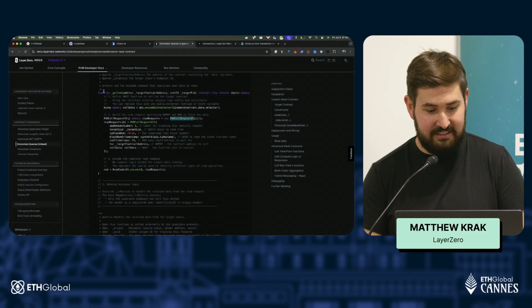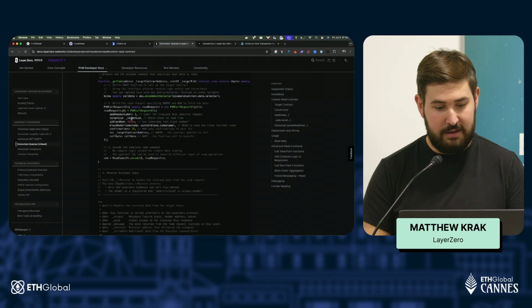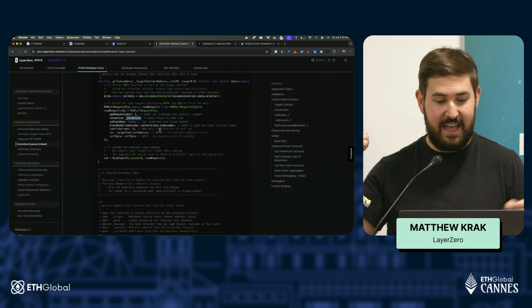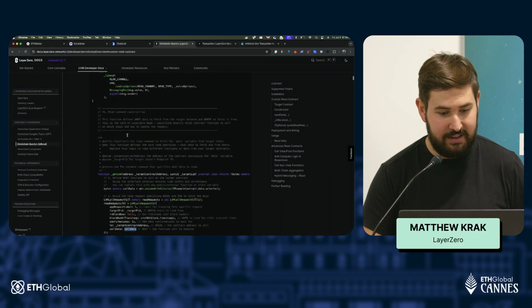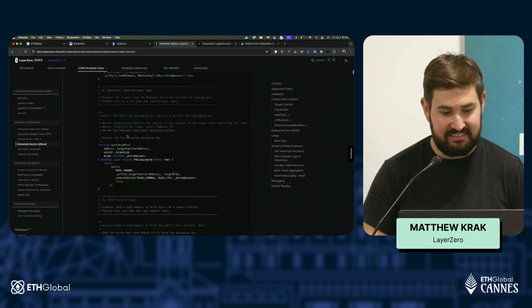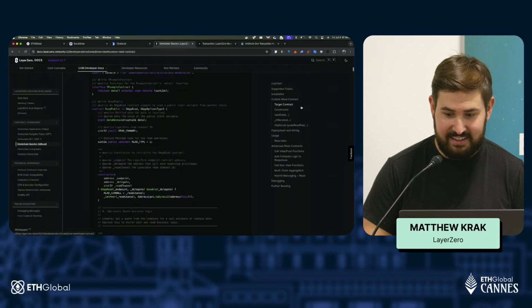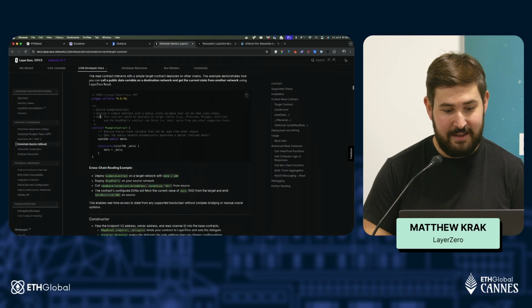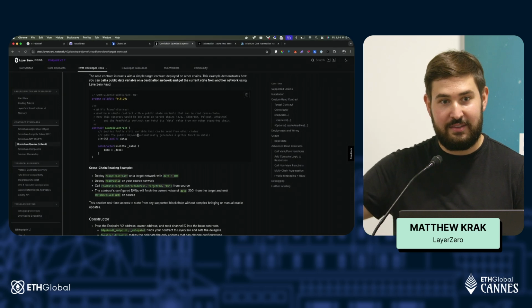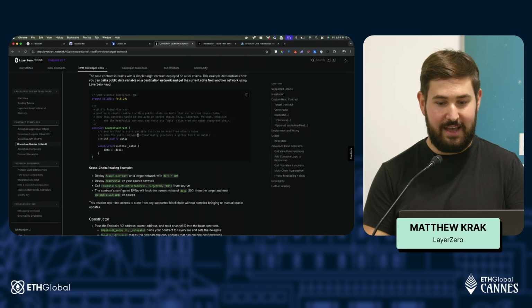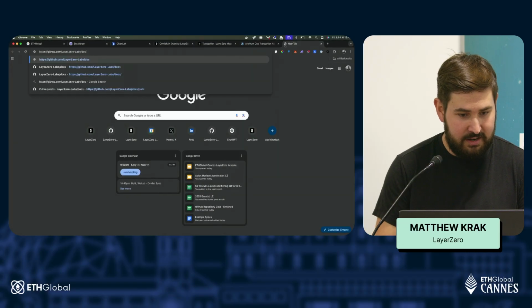So essentially, if you look at this get command, you can see that it defines one call request to target a specific blockchain by its endpoint ID, and then also a target contract address with some call data. I would recommend reading through this example as it defines what that example contract looks like. In this case, the target contract is just some arbitrary contract that has a variable, and we're reading the variable in the example. But there are more that you can look at by going to LayerZero, not docs, but dev